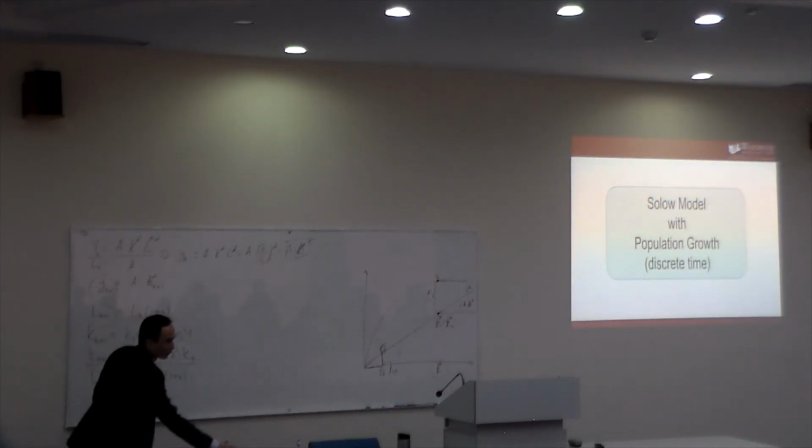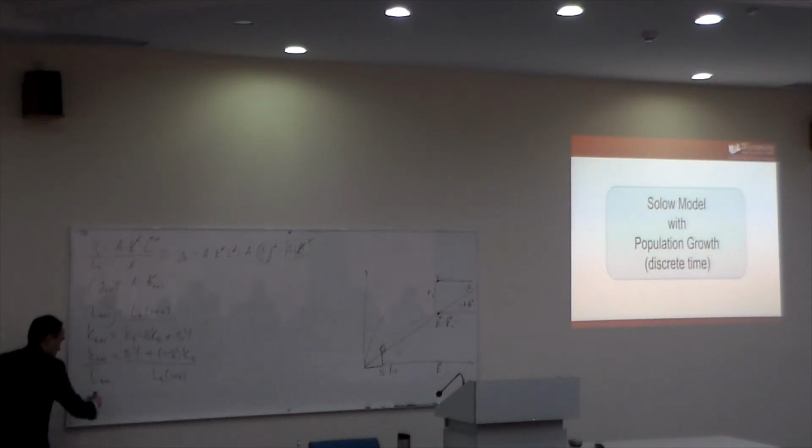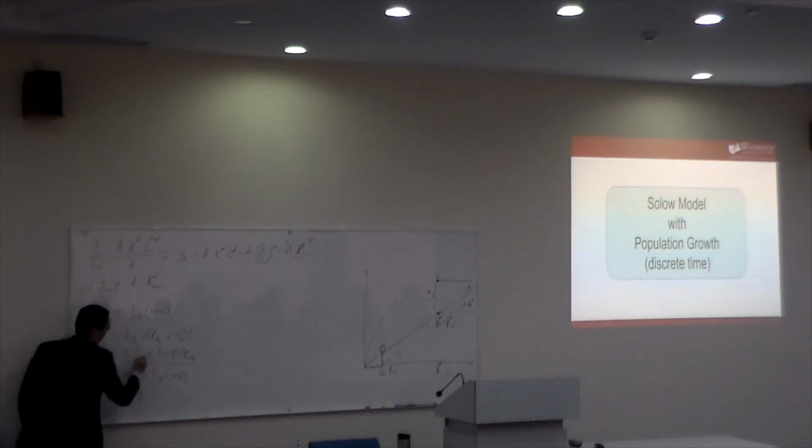Now we can convert it into per capita terms, which will give you per capita output of t plus 1 is equal to 1 over (1 plus n), saving rate times per capita output